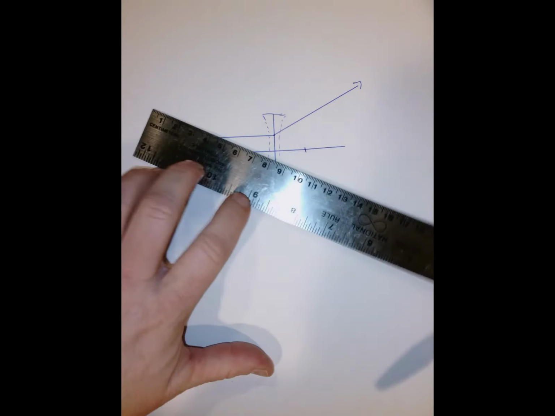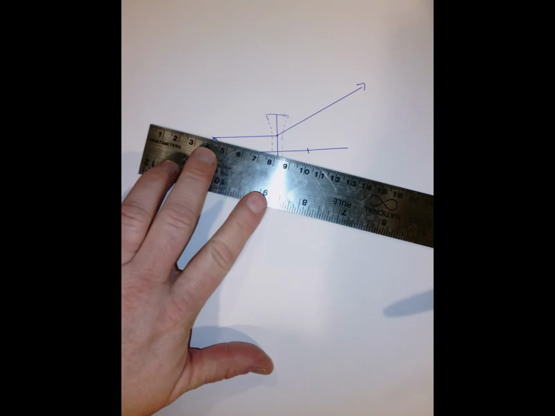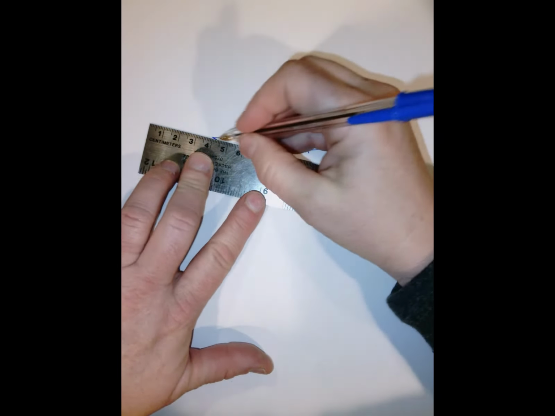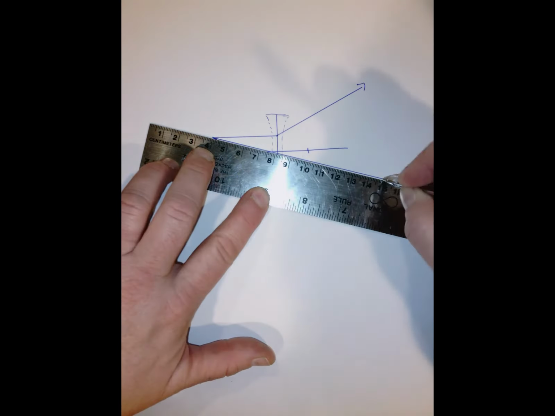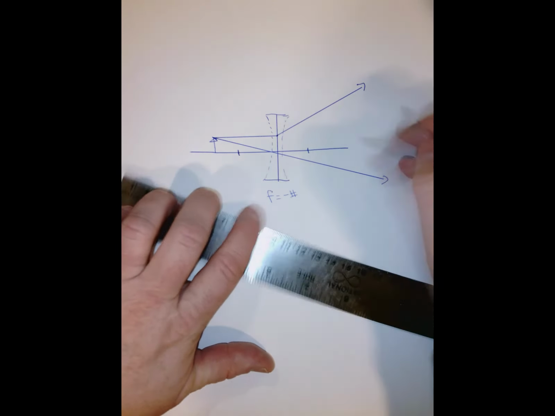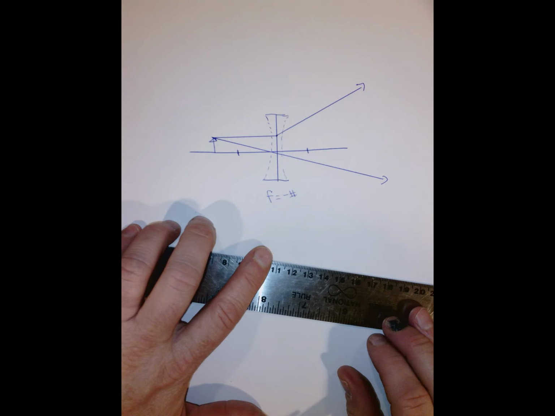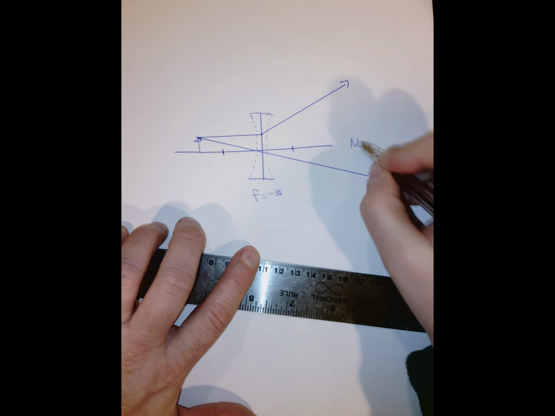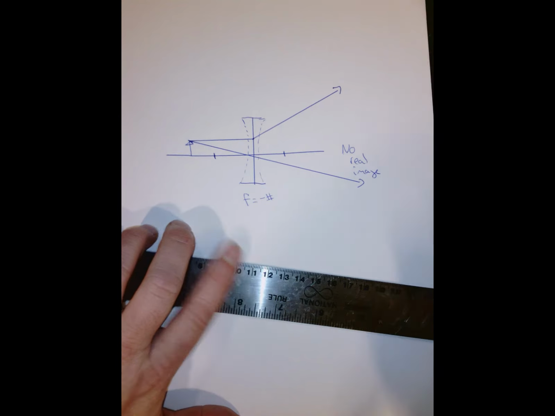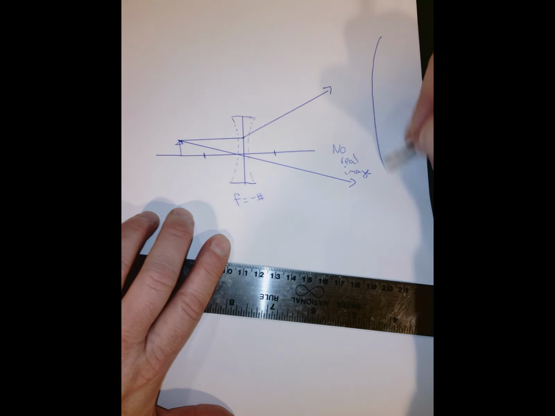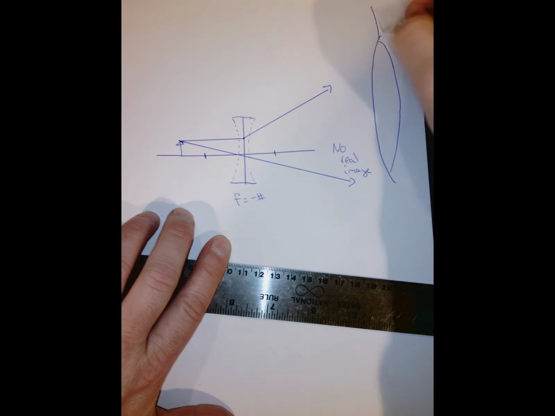And the other ray that's easiest to draw is if it goes straight through the center of the lens, and you're like, dang, those two rays are clearly not going to meet, so you have no real image. But if here's your eye, big eye, eyebrow, eyelashes,